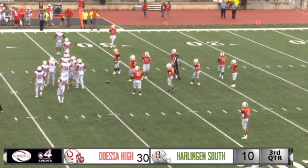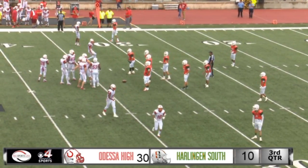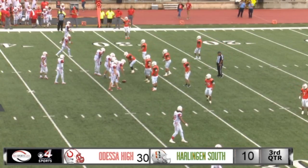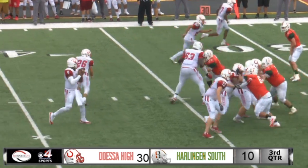All right, so here we go. Third down and 4 coming up. And Odessa High just taking the time earlier, getting to the line of scrimmage quick. Now just really I think it's about clock possession for both teams actually, but Odessa High definitely going to try to just take some time down, take the play clock down into the low teens, and here they go